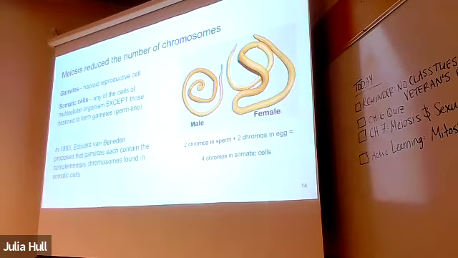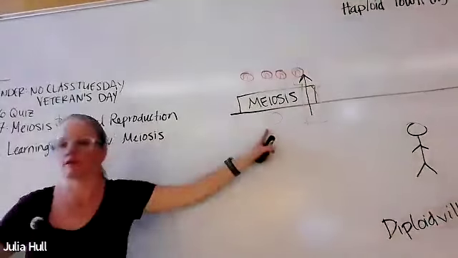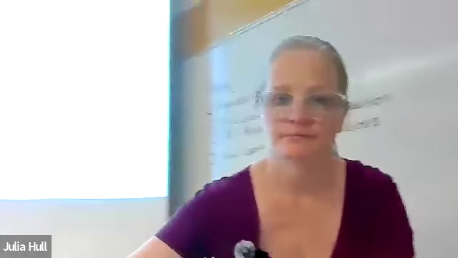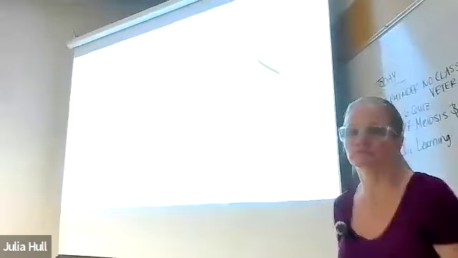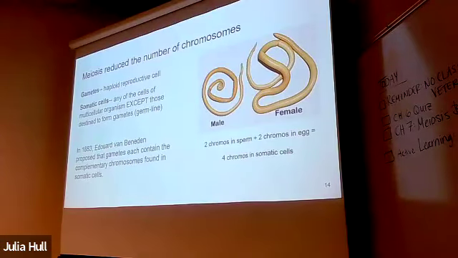Some other terms that we need to make sure that we understand. Gametes are our haploid reproductive cells, sperm and eggs. Somatic cells are all of the other ones. These are your body cells. So this cell that undergoes meiosis is a germline cell, but all the other cells in your body are somatic cells. And then we figured that out using these gross-looking worms.